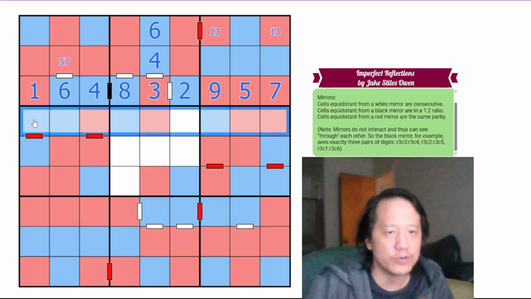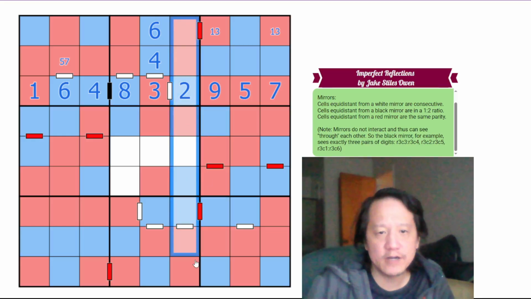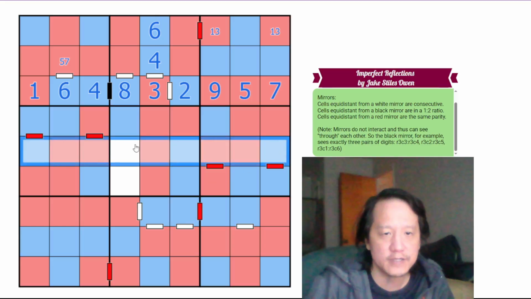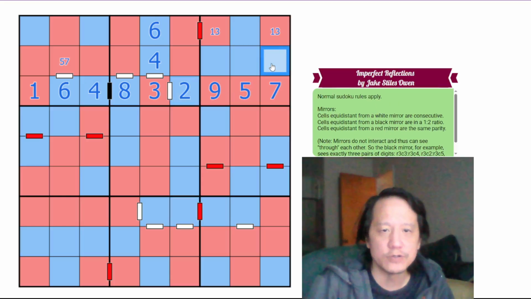We have 4 blues in row 4, so that means that's red. We have 5 reds in column 6, so this is blue. We have 4 blues in column 5, so that means this is red. We have 5 reds in row 5, so this is blue, which makes this red here, because we have 4 blues in box 5. So now we just have to fill them out by normal Sudoku, knowing that these are